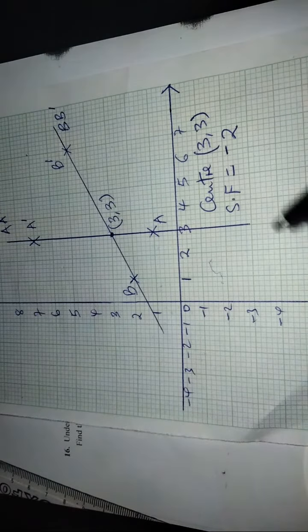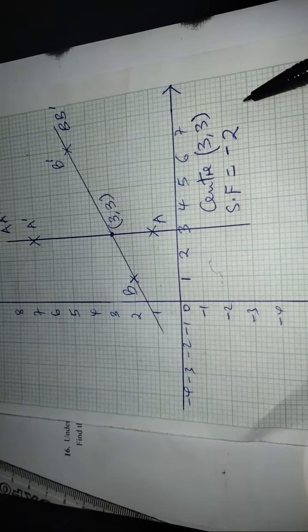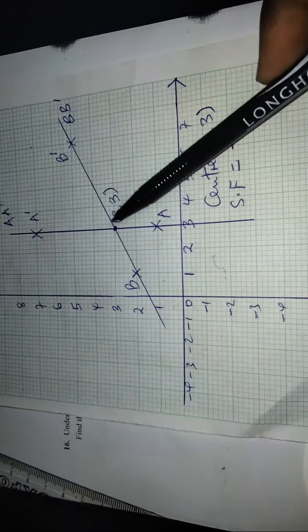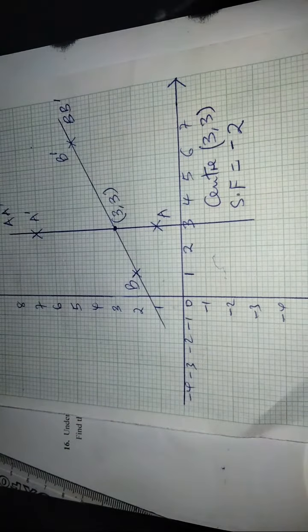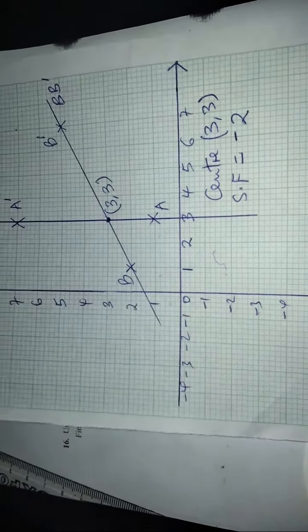And after giving us the center, now we can obtain the scale factor, which we first of all conclude is negative due to the fact that B and B prime are on opposite sides of the center. A and A prime are on opposite sides of the center of enlargement. Therefore, we have known that A and A prime, B and B prime will act as 2 points of given straight lines. Then we know that the two lines are